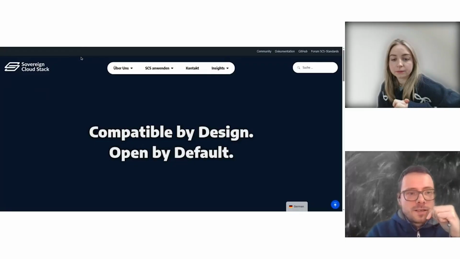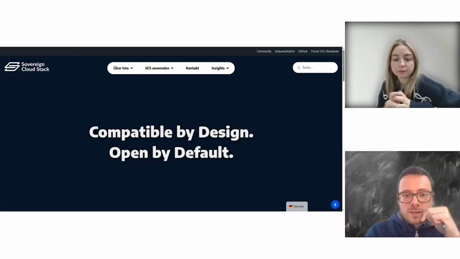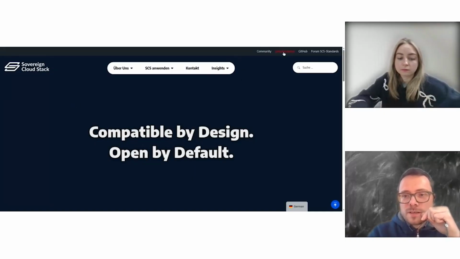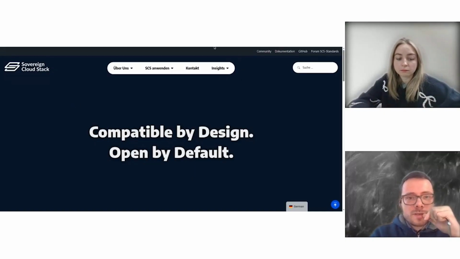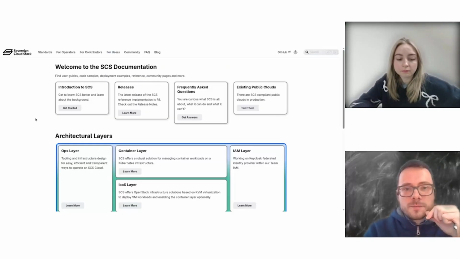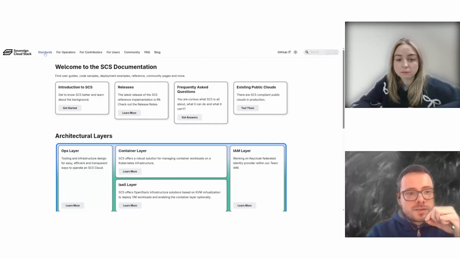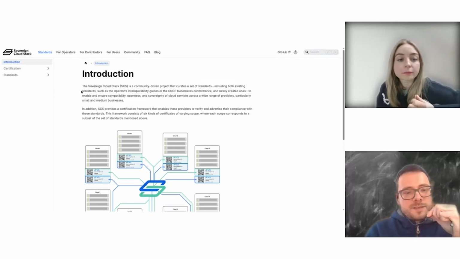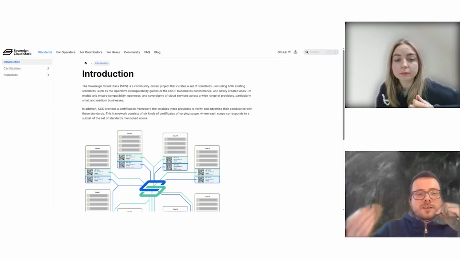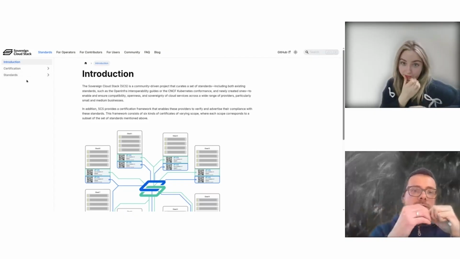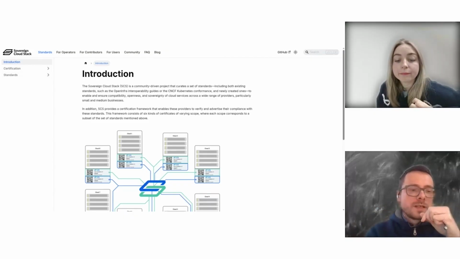So this is the SCS landing page, sovereigncloudstack.org. Actually not much to see here, but I refer you to this link, documentation, that you can click on. And then this is going to get you the details. If you're interested in the details, click on standards. And then you have a distinction between standards and certification, because SCS uses and develops lots of standards, and then